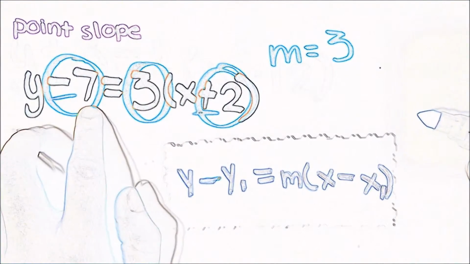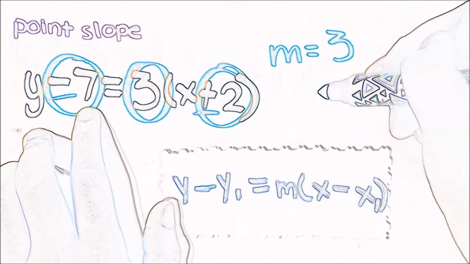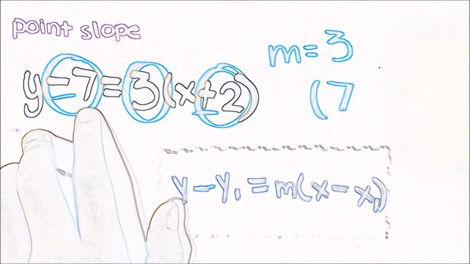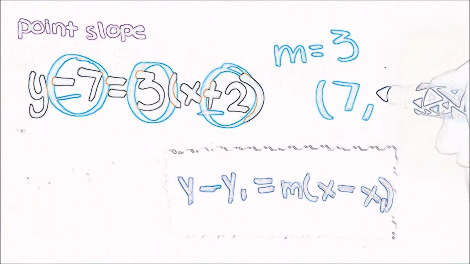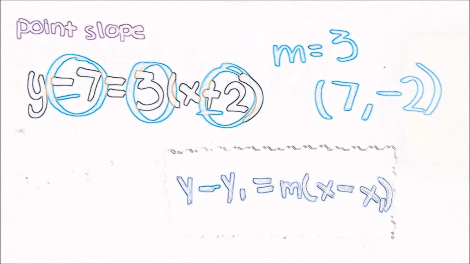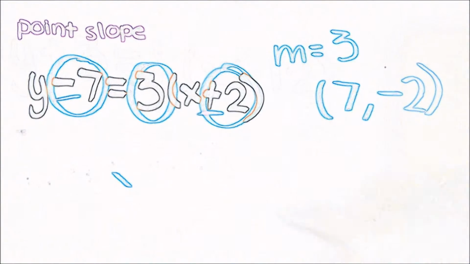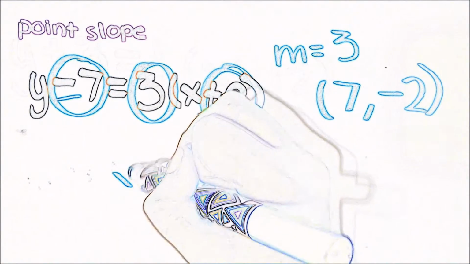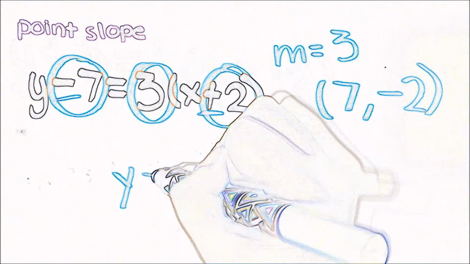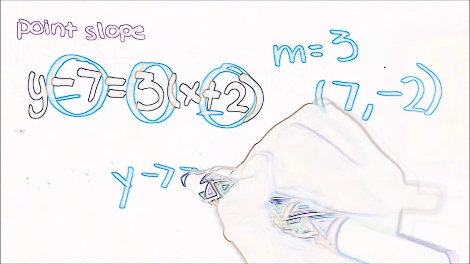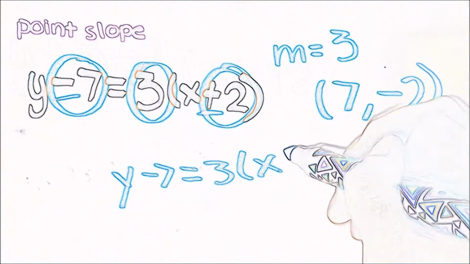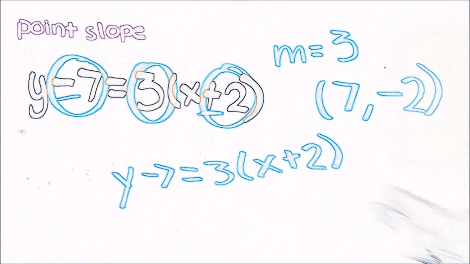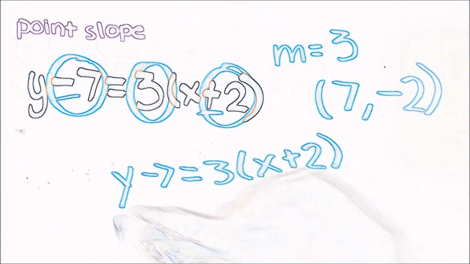So this minus 7 is actually a positive 7. And this positive 2 is actually a negative 2. And these are the points we already have. Here you need to rewrite the formula. That is going to be y minus 7 equals 3 times x plus 2. Now we want to leave the y alone, so